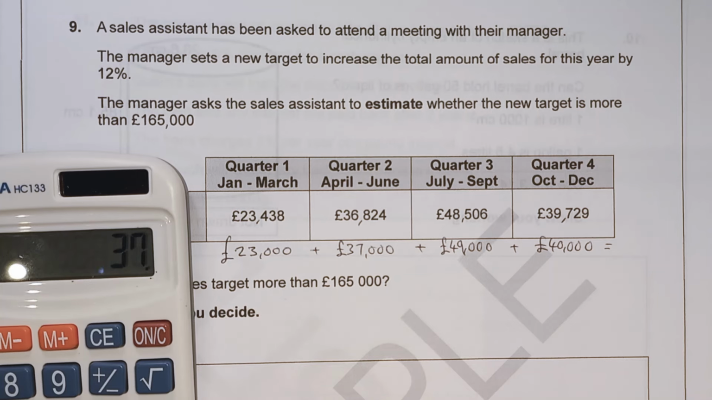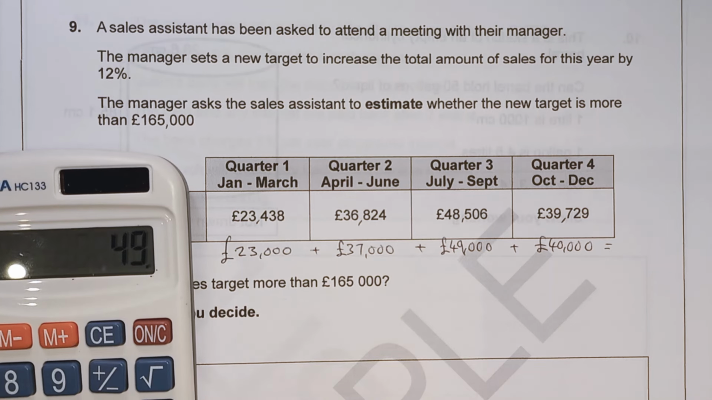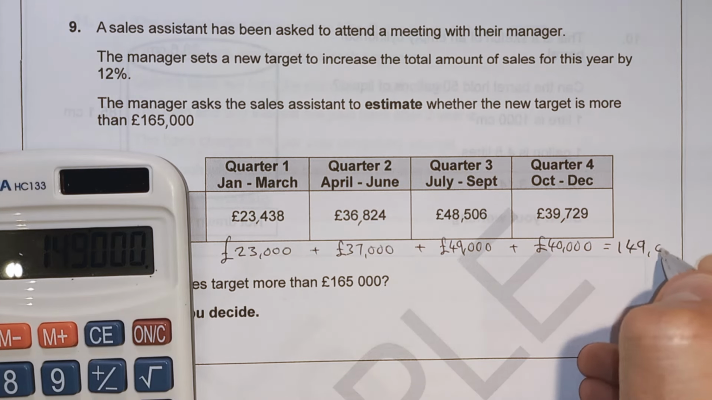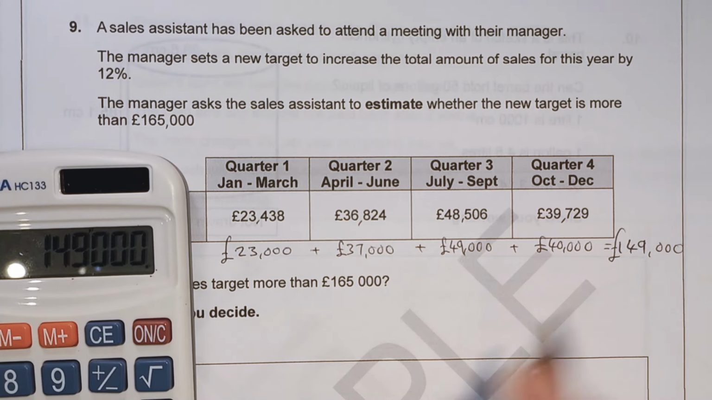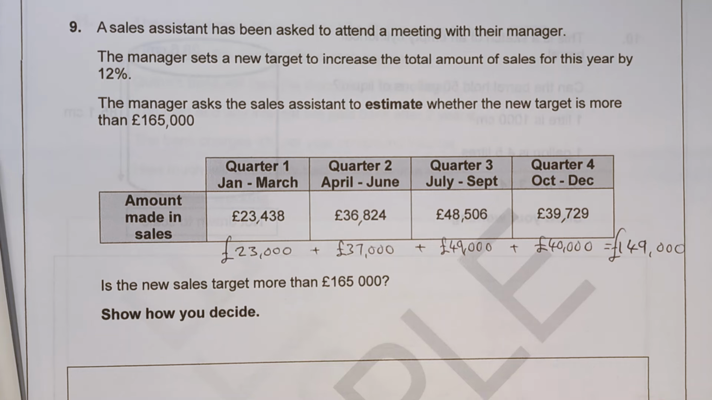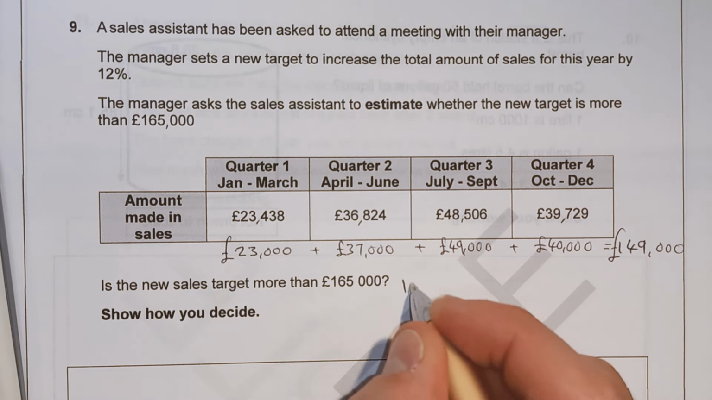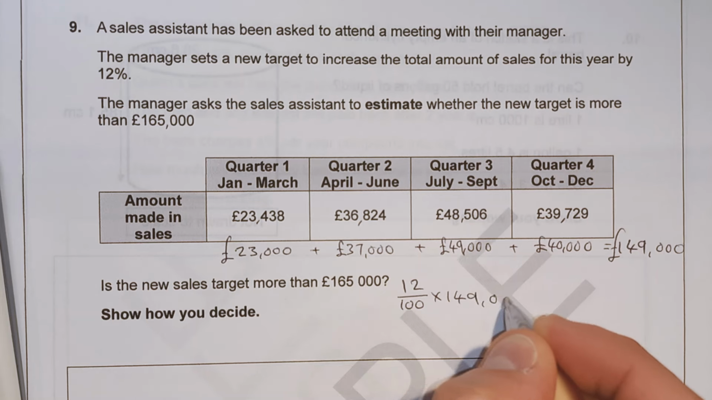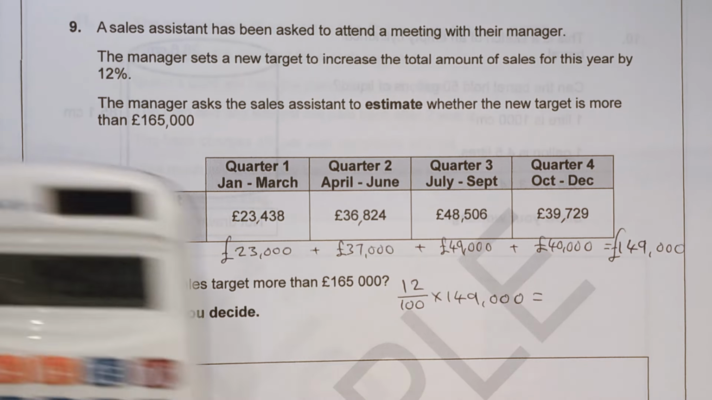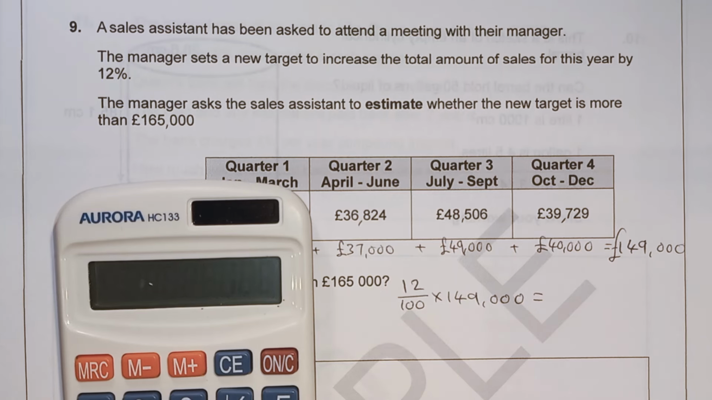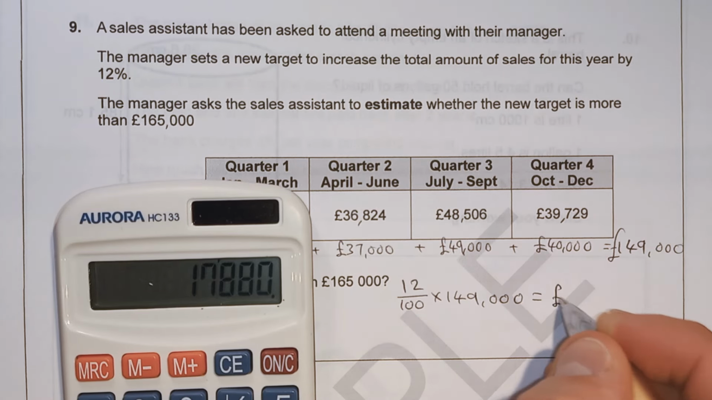So if we add these, we'll get a total of 23,000 plus 37,000 plus 49,000 plus 40,000. So £149,000. Okay, now we've got our 12%, so we want 12% of this. So 12 out of 100 times 149,000. Or we can do it in reverse. We can do that times 12 divided by 100 to give us